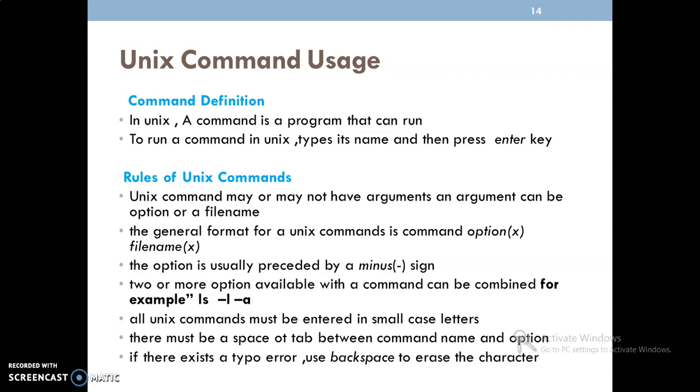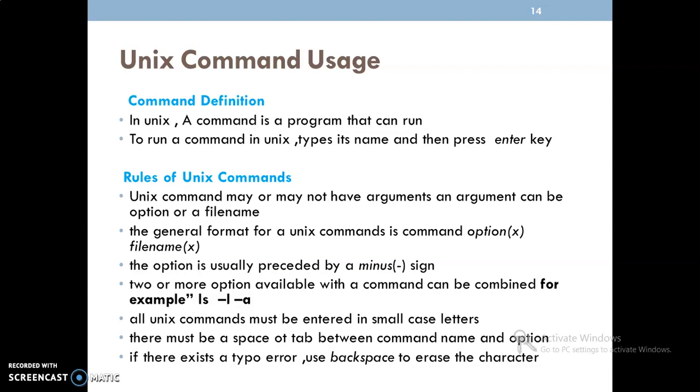With respect to commands, we have certain rules. A Unix command may or may not have arguments. An argument can be an option or a file name, which means that whenever we are executing a particular command in the command prompt, that command can have arguments, nothing but parameters we are passing.